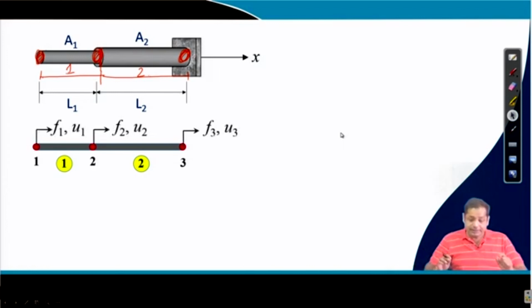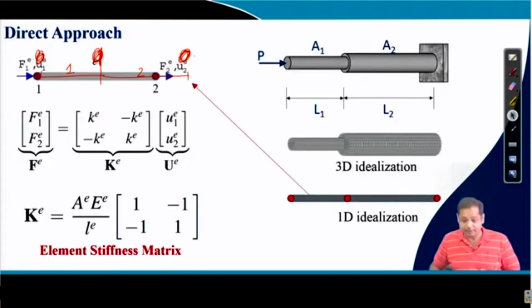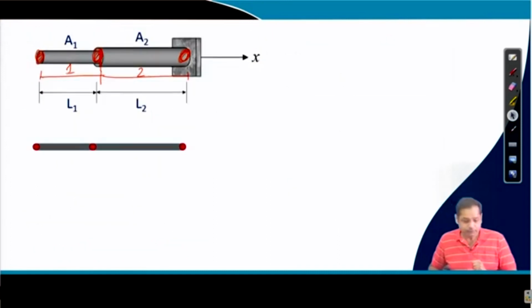You see, this is the information we have. E1, E2, E3 are the displacements, the degrees of freedom at node number 1, node number 2, and node number 3. And F1, F2, F3 are the external forces applied on this structure. For instance, if we take this example,